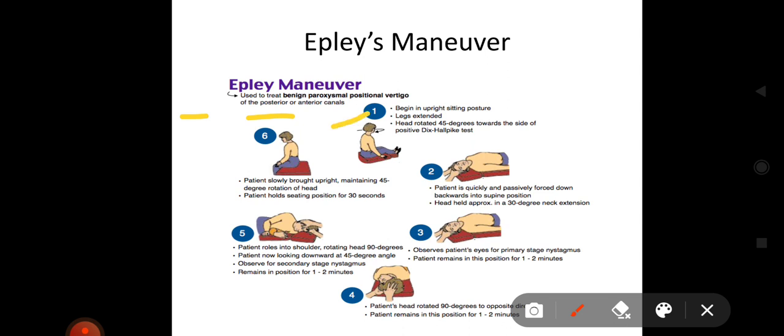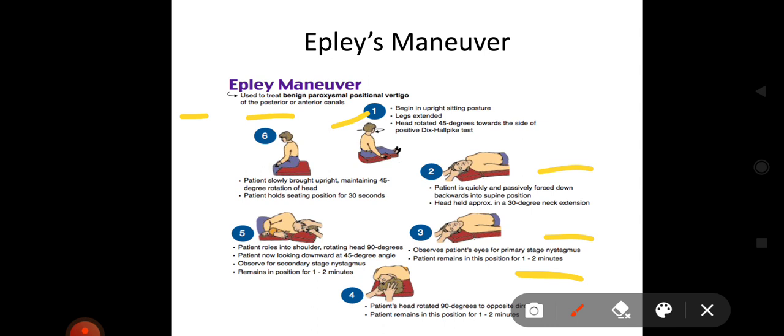First is begin in upright sitting posture, legs extended, head rotated 45 degrees towards the side of positive Dix-Hallpike test. Then the patient is quickly and passively lowered backwards into the supine position, head held at approximately 30 degrees neck extension. Third is observe the patient's eyes for primary stage nystagmus, and the patient remains in this position for 1 to 2 minutes. Fourth is the patient's head rotated